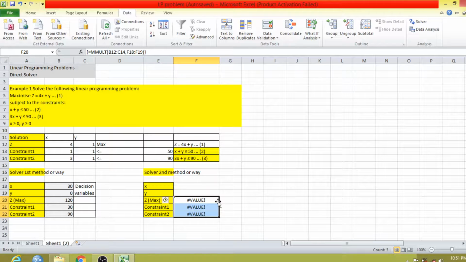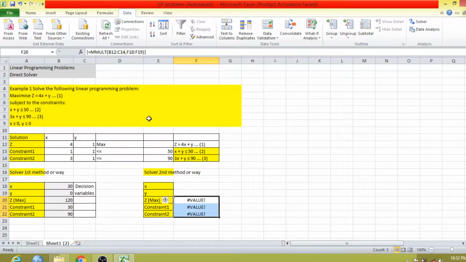Now this will show a value. This is showing zero because nothing has been given in the x and y values yet. So don't worry. So we select the z cell and all the constraint cells and use this formula: equal to MMULT, the matrix of given z and constraints, then a comma and the values of x and y, and then Control plus Shift plus Enter.